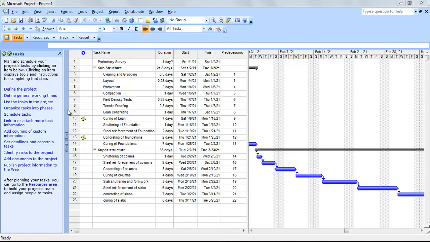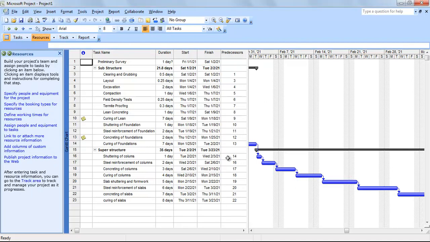Bismillahirrahmanirrahim. Today we are going to start with the sixth tutorial of MS Project, in which we are going to discuss the resources, what you have to enter and how you have to enter. First of all, you will have to click on the resources tab here, and you will see that this new help guide appears in front of you.